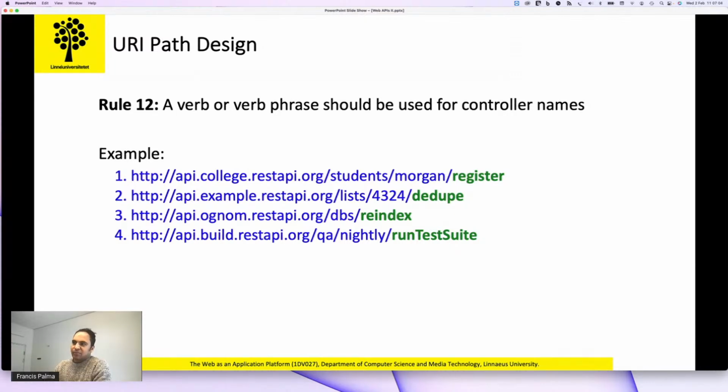So for this kind of actions or functions, we use controllers, and as I mentioned, we usually use the